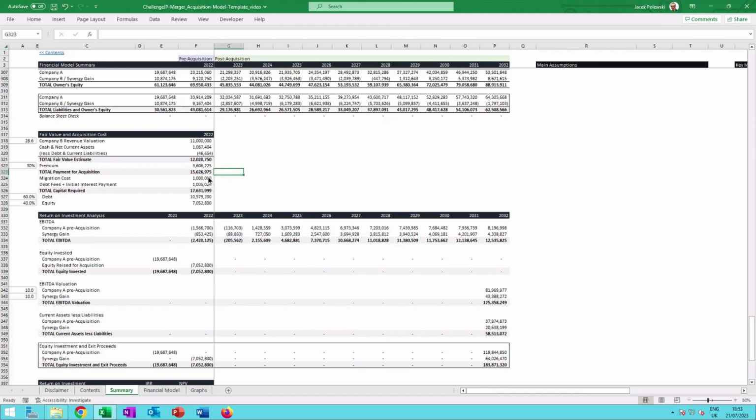So I'm taking into consideration some costs that I will have to pay for migration or for integrating company B into my current structure. And I've also added some debt fees and the initial interest payment. So this is the interest that I expect to pay in the first year after the acquisition. That simply allows me to calculate the total cost that I would incur in the first year